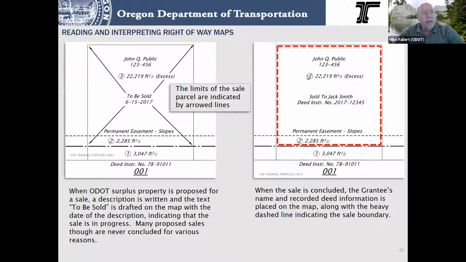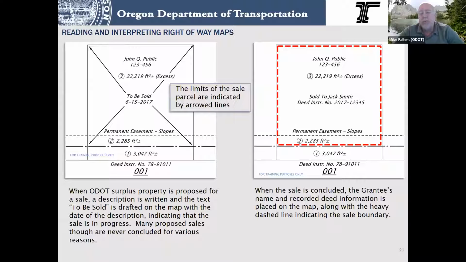So say that we came up with excess, there was an uneconomic remainder, or in discussion we ended up buying this person out, but we don't need the property for the project, but we have to buy them for negotiation or uneconomic remainder. On the map, we'll call that a separate parcel and it'll be the excess. If someone comes to us and says, hey, we got someone that wants to buy it, then we'll usually do up a description or a map or something, and we put a note that it's to be sold. You'll see on some old maps, there was stuff that says to be sold in 1965 or 1984,